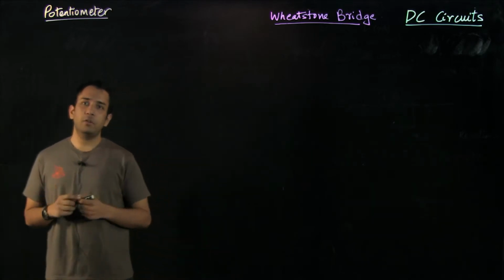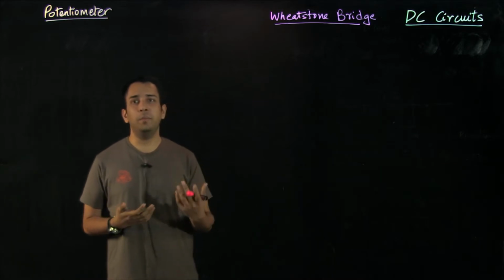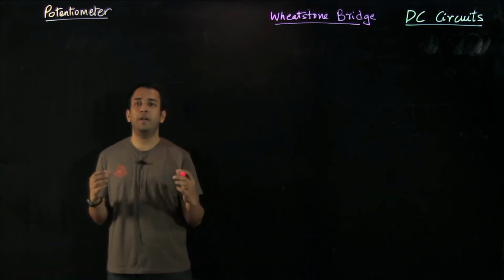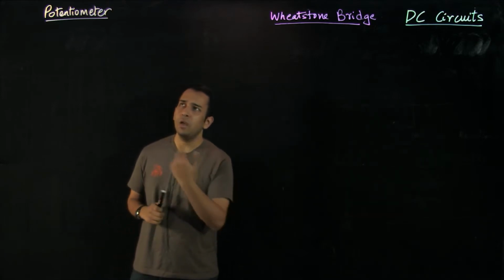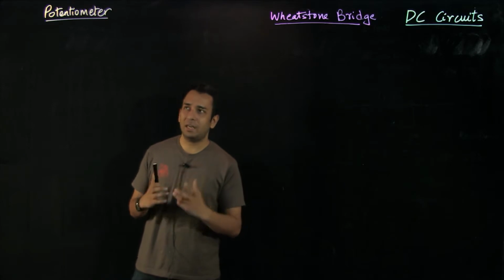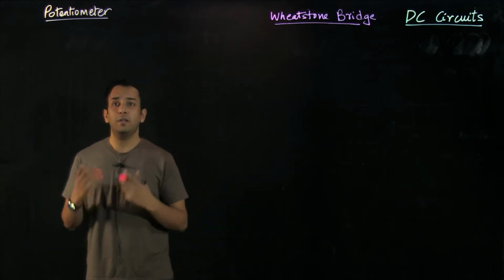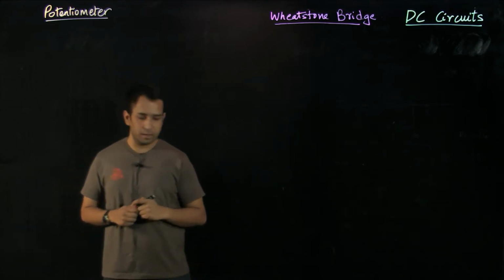In the previous videos you might have seen we discussed ammeter, voltmeter and a galvanometer, and how we can use those devices to measure either a current or a voltage in a circuit. Potentiometer is also a special kind of device which we can use to find out the voltage or the potential difference across any 2 points in a circuit.